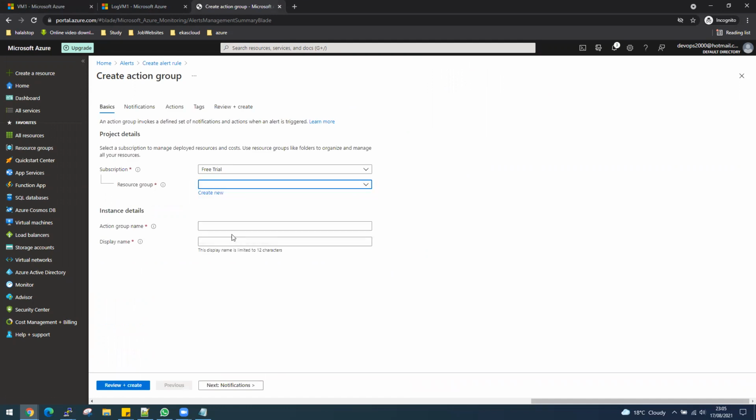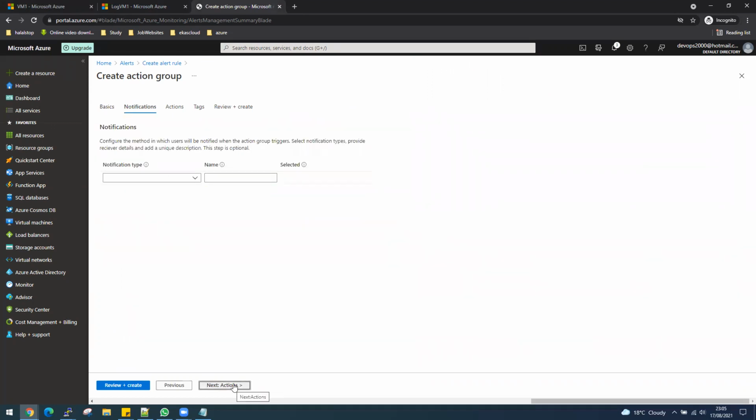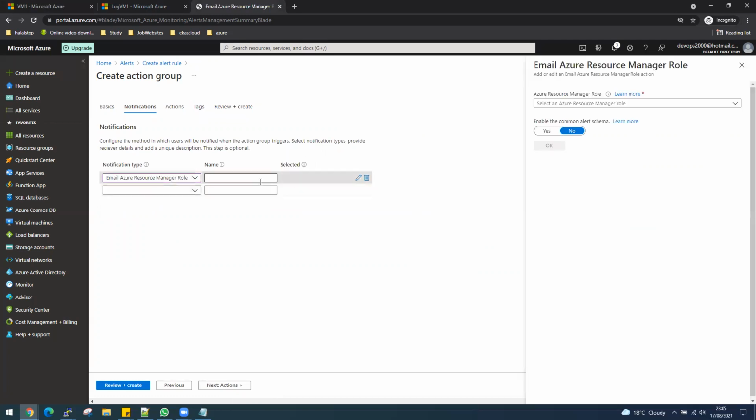I will call it, under the resource group, action one, or first action we want to take. Now click notification. What type of notification do you want? So I will go for email notification,